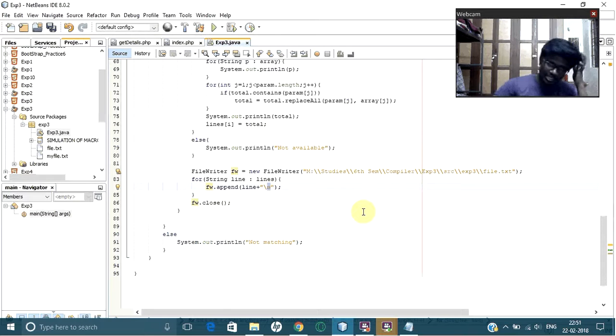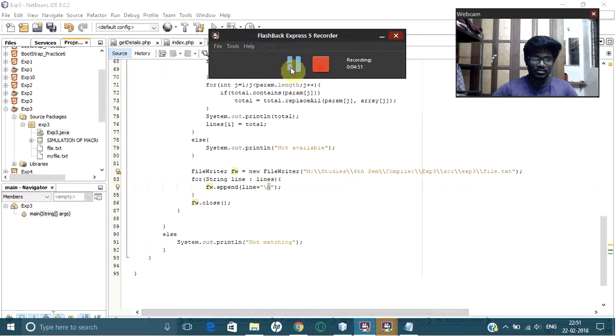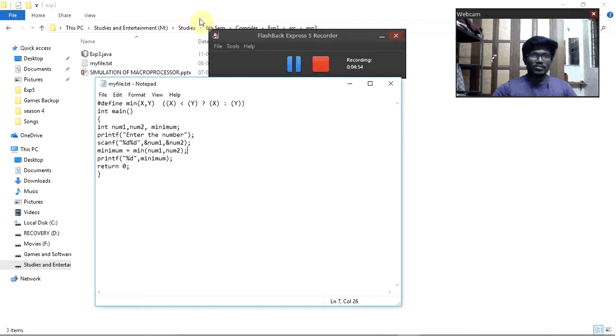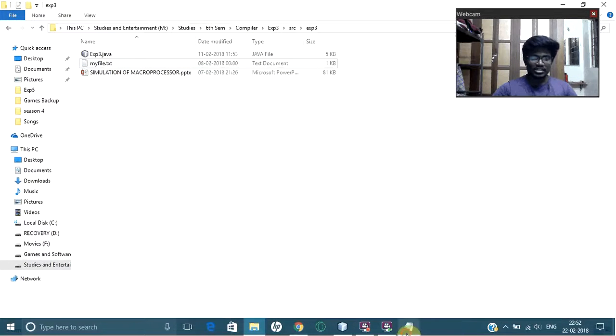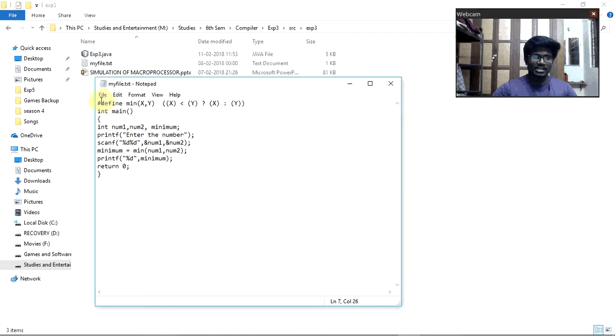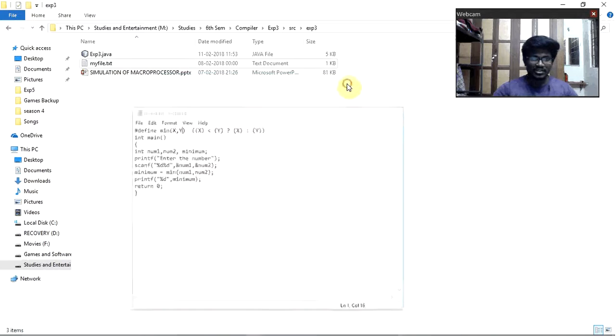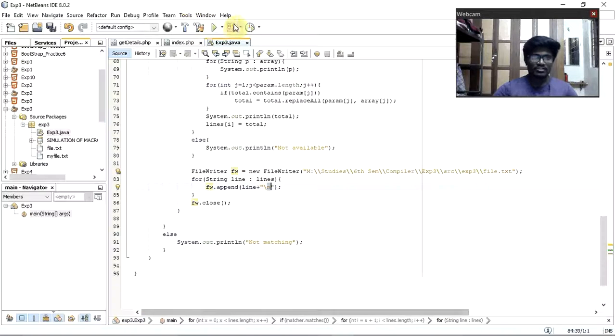So here's the program, and I will show you the program location. This is the program. As you can see, there is no other file, only the initial file is present. In that I gave the definition for the min x comma y, where it should be replaced in this format, and whenever num1 and num2 are present in that, the x y values should be replaced in that. So in that way it produces the output. You can see when I run it,